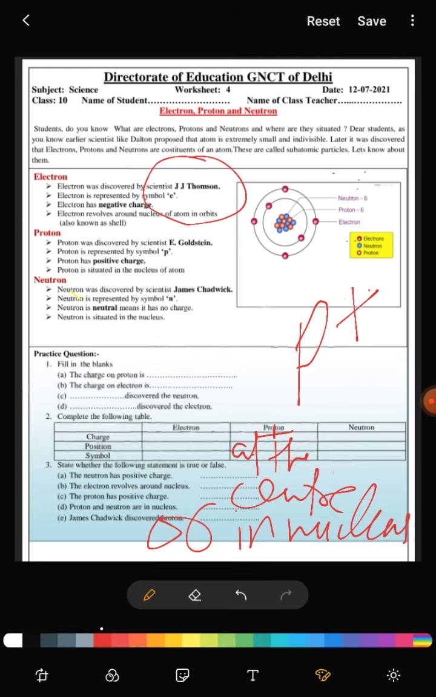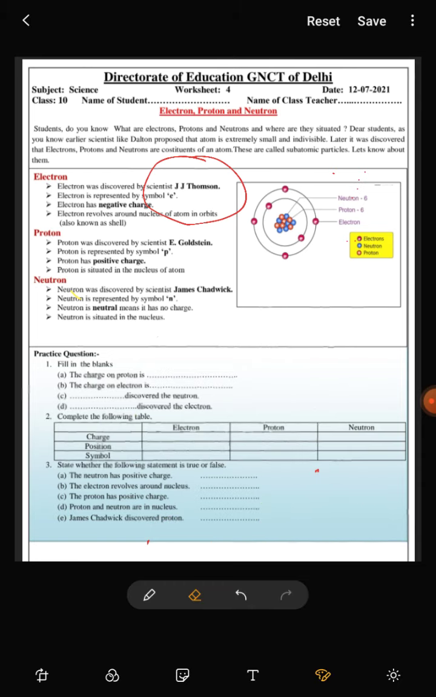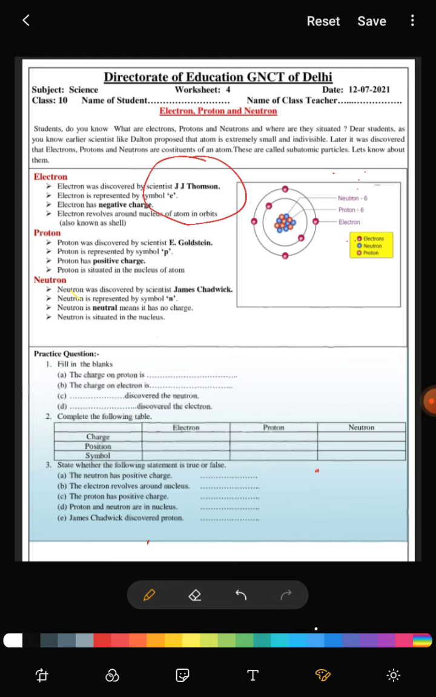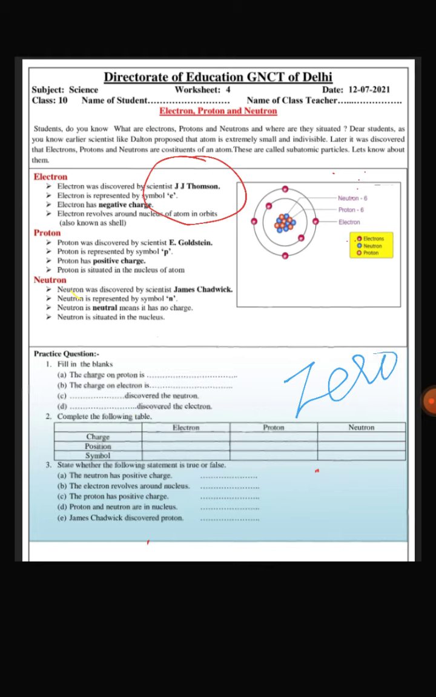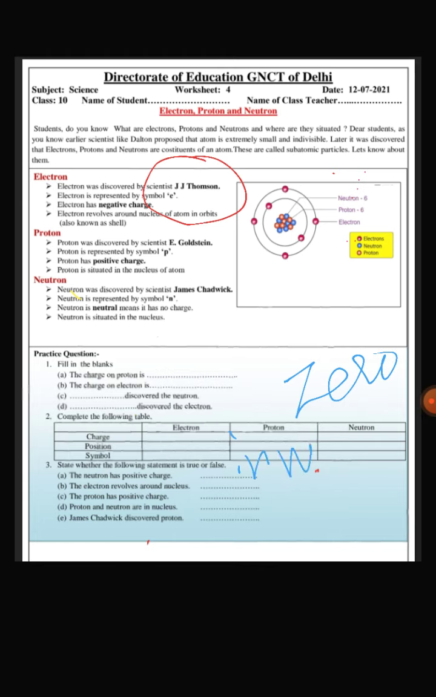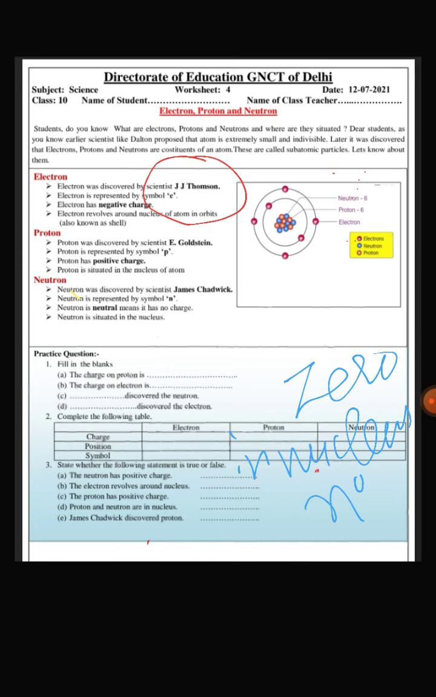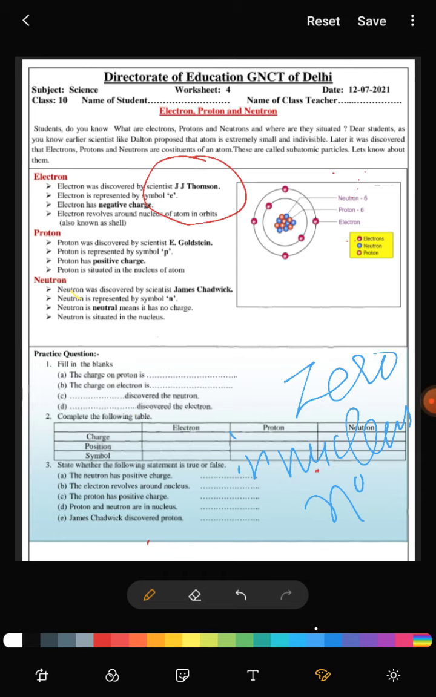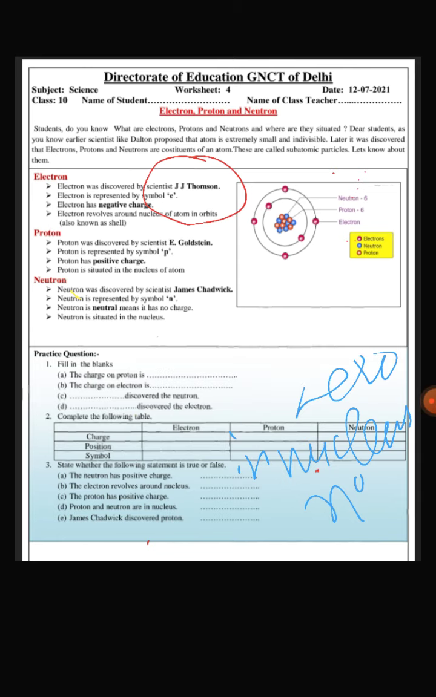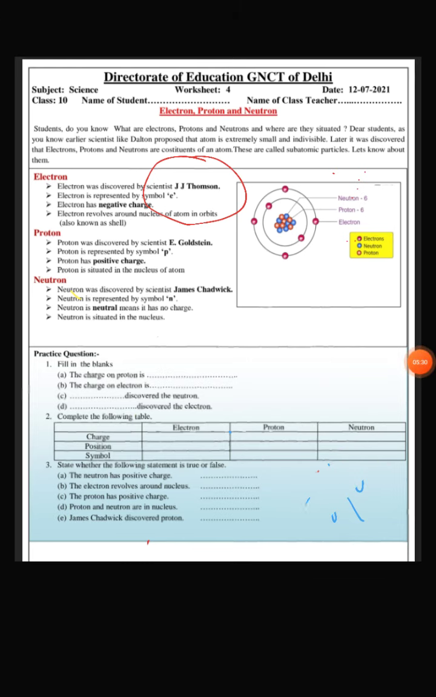Now we are going to the neutron. First is charge. So we should write here the neutron does not have any type of charge, so charge 0. Position: in the nucleus. Symbol: N0. Alright. Likewise, we complete question number 2. Now we are going to question number 3,